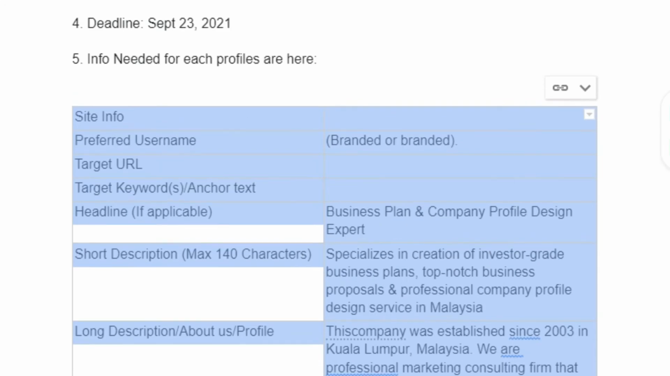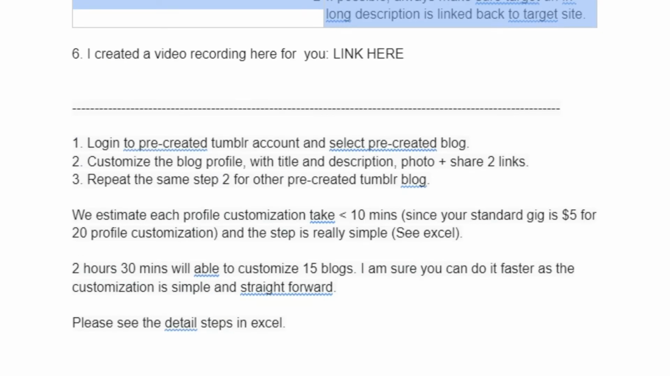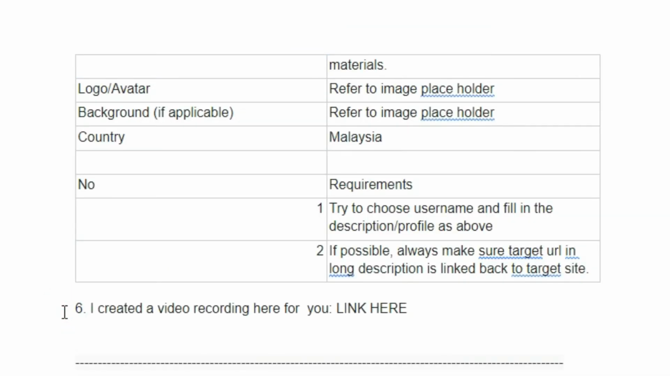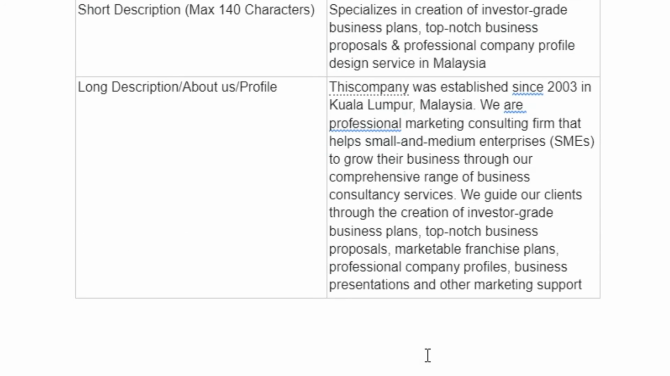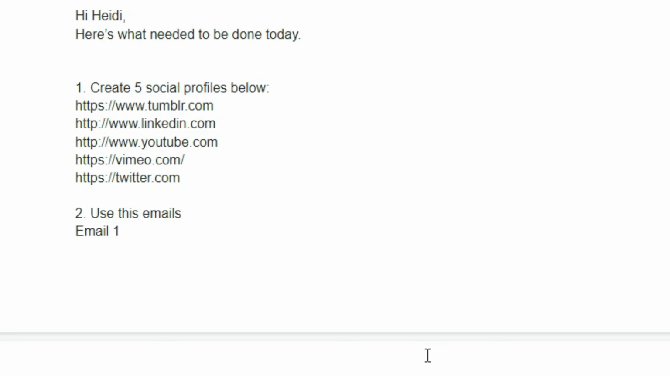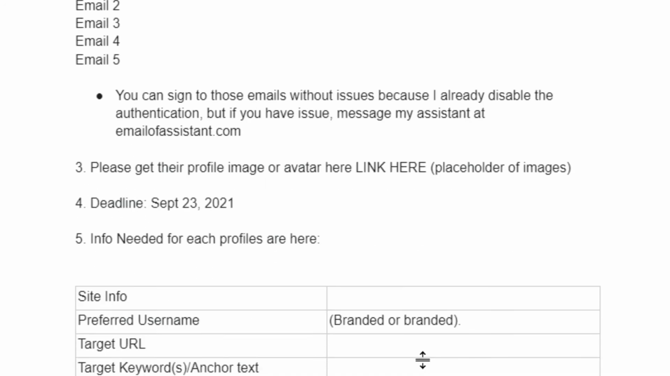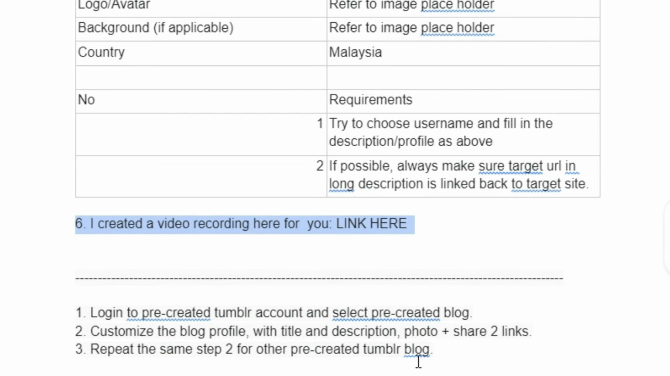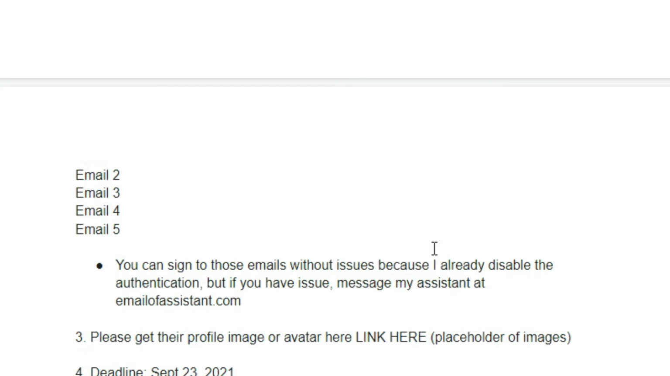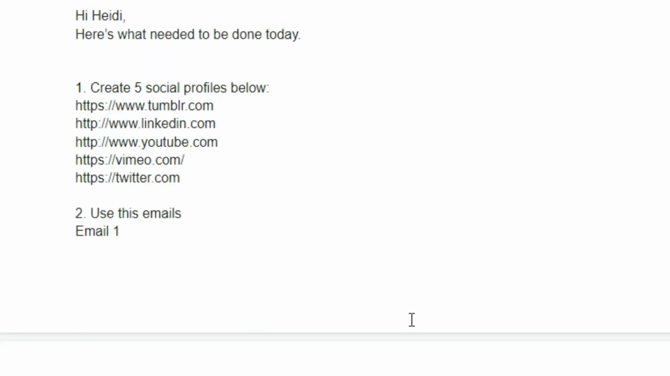Very good instruction indeed. And then he created a video recording on how to do it, or probably an instruction of where to get the information and the profile image for the account creation. So I don't have any questions about this. And I can start working on it without any issue because the instructions are clear, the specifics are there,